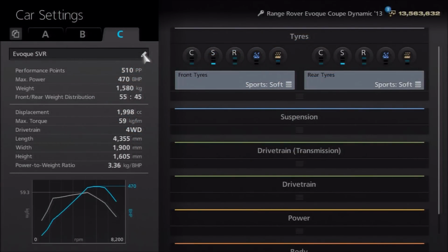Now, as always, of course, I do like to round these off, if at all possible, PP-wise, and when you're building a custom tune, it is always easier to do that because you don't have to fit in with certain weight and power parameters, so there is more room to breathe. As you can see, it's got a pretty high PP, 510, and I've tried to give it specs which feel